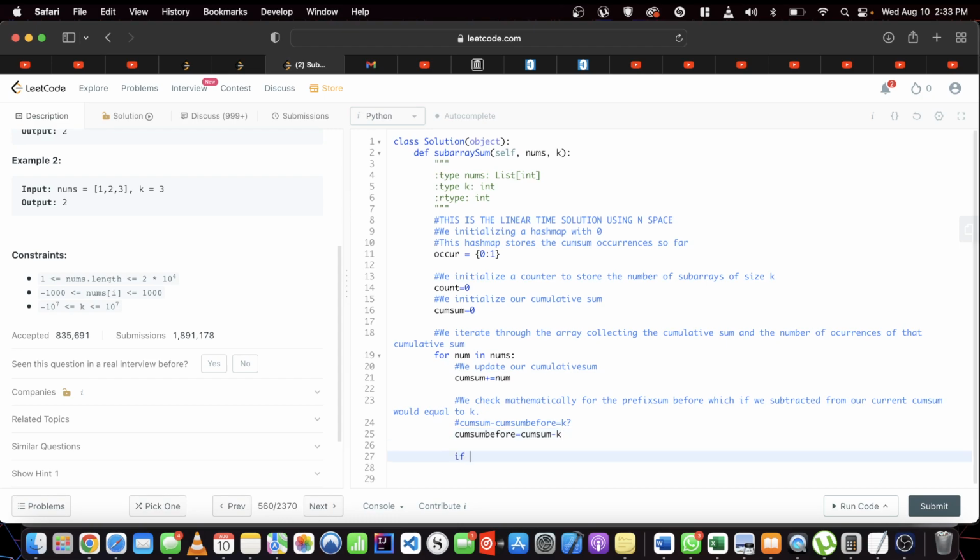And then if cumulative sum before is in occur, in our hash map, it means we increase our count by the number of times it occurs, because